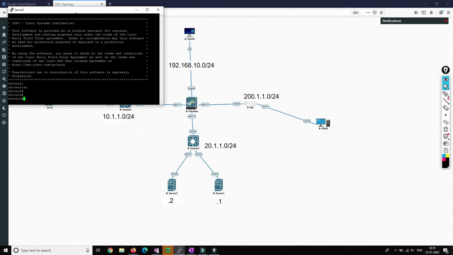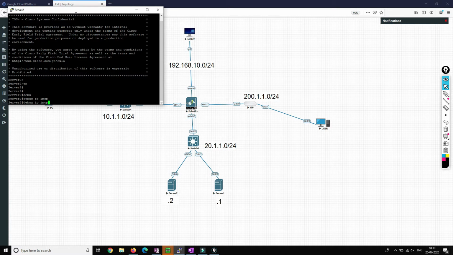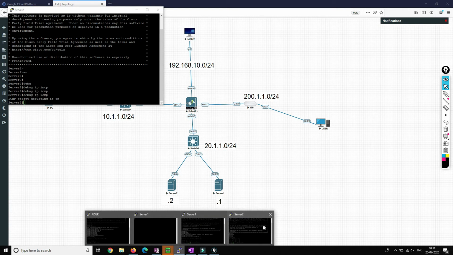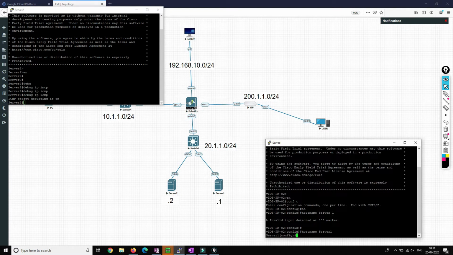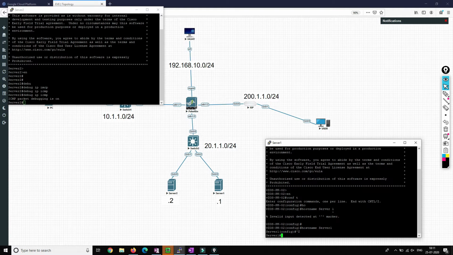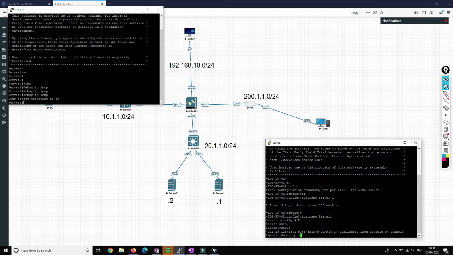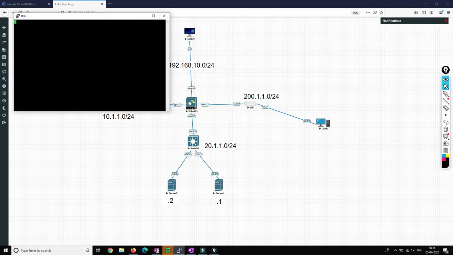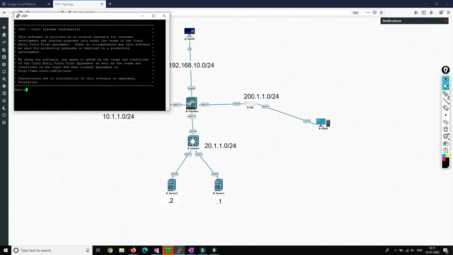We'll run debug IP ICMP, and also for server 1 we'll debug that. Now we'll go to this machine and try to ping that IP address, 100.1.1.50.